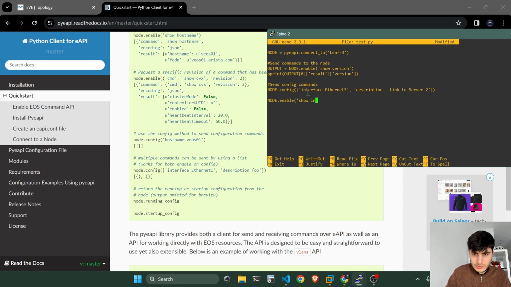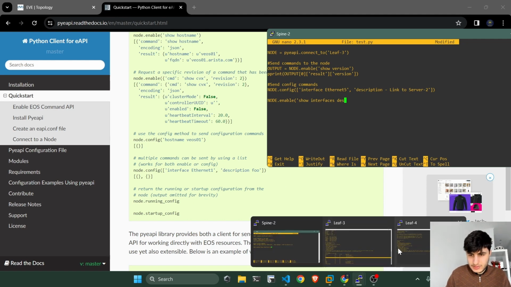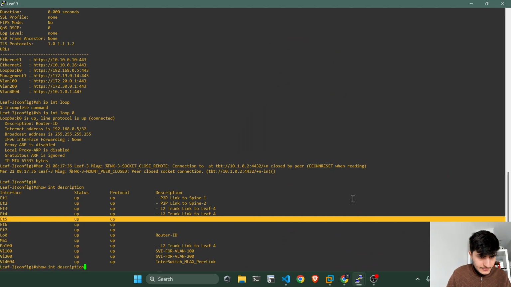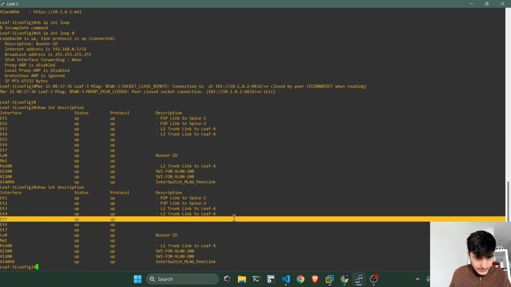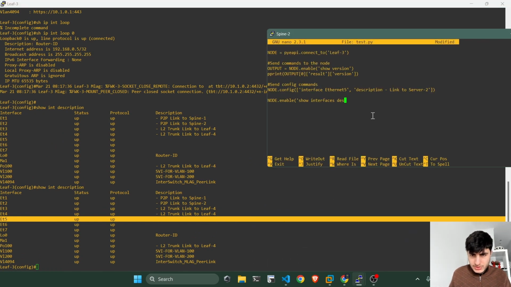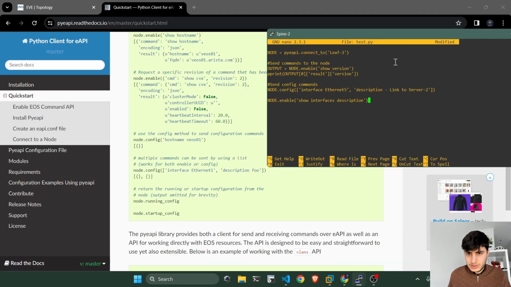Show interfaces description. Show interface description, right? So this is the entry which we will have to modify. And let me just run description. Good. Show interfaces description. Okay, so,